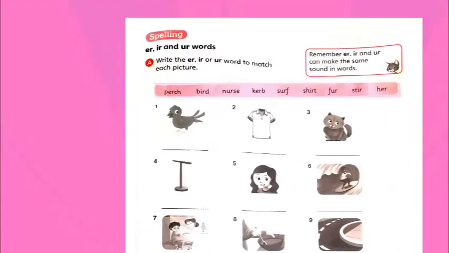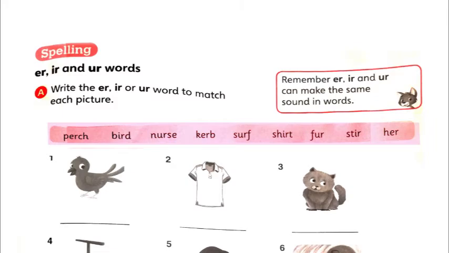Okay. So these words, spellings, ER, IR and UR words. Now do you remember I did a video on this? No? So these three different sets of letters, ER, IR and UR words, they give the same sound, no? The sound. Right? You remember we did it. So by now you should know what these letters sound. So ER, IR and UR are the same sound.